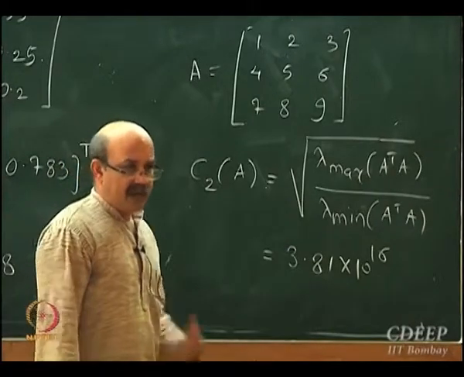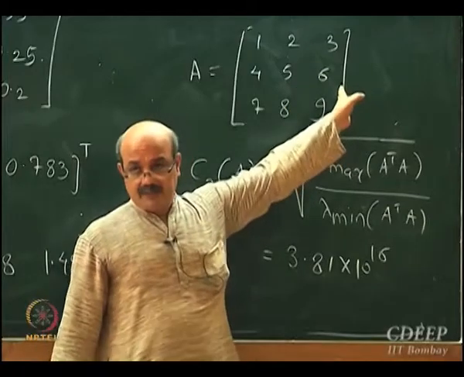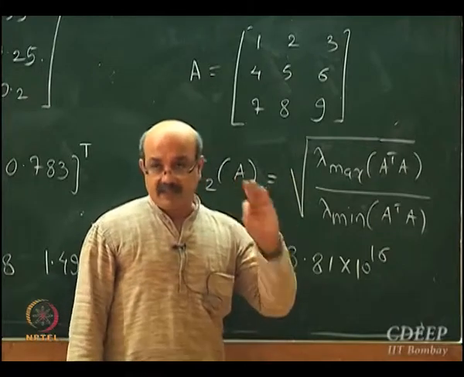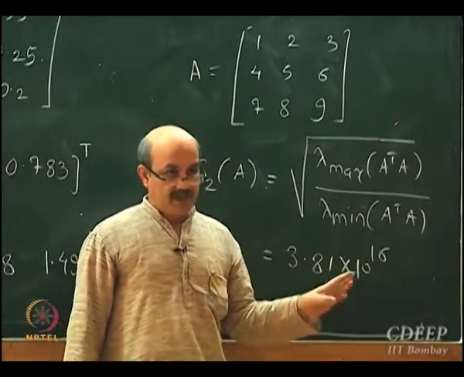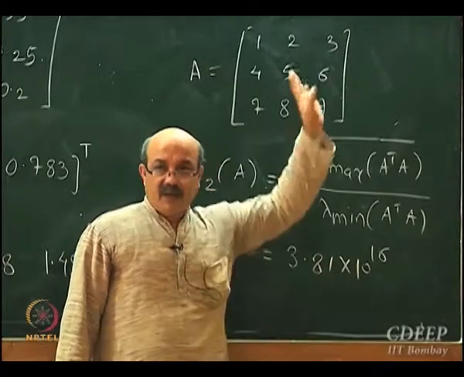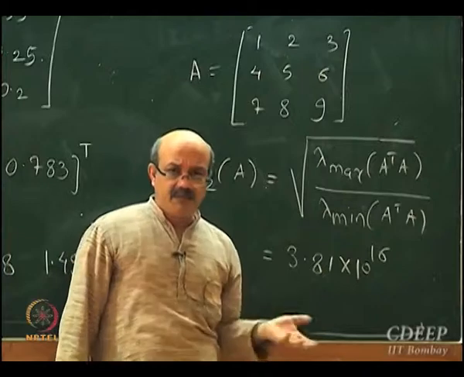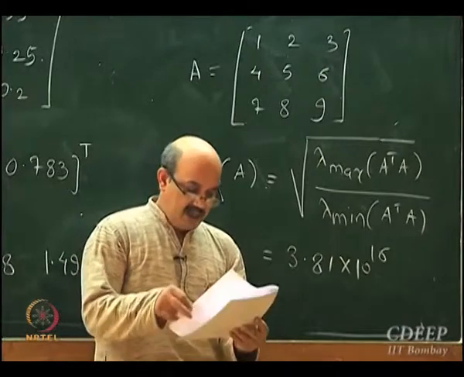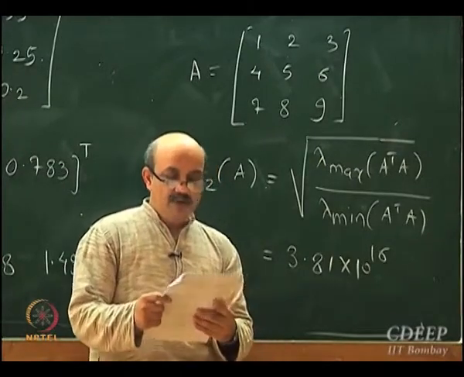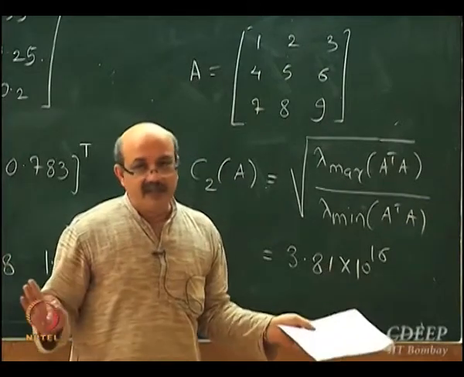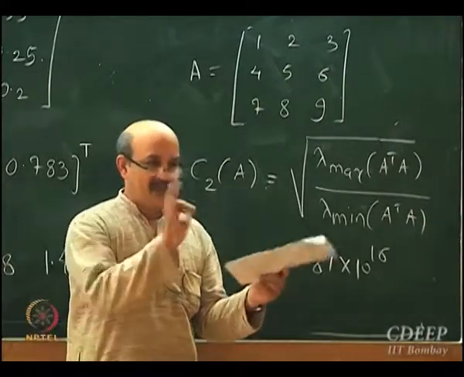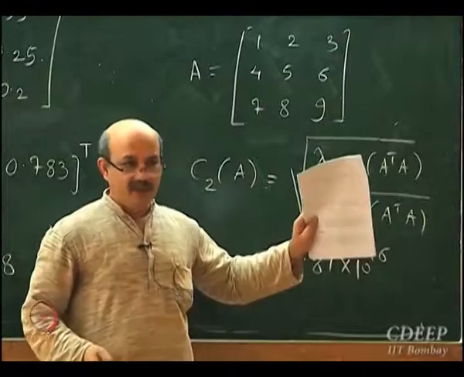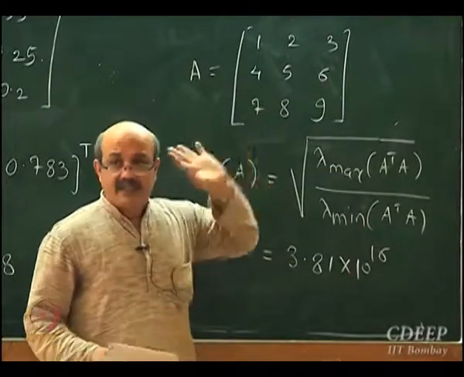You can do a simple experiment in MATLAB or Scilab or any software. Take this matrix and find its inverse. MATLAB will give you a warning: this matrix is highly ill conditioned, the results may not be reliable. You can check that. If you find the inverse of this matrix and multiply it with the matrix itself, you should get the identity matrix. If you do that numerical experiment in MATLAB, you will get a matrix which has nothing to do with the identity matrix. You will get numbers like 2, 8, 18 when you multiply A into A inverse, because this is a highly ill conditioned matrix.